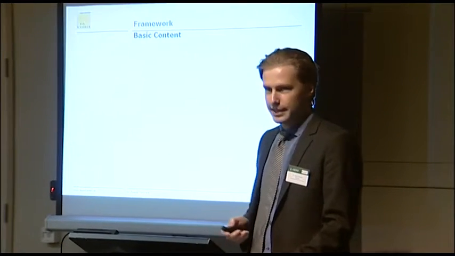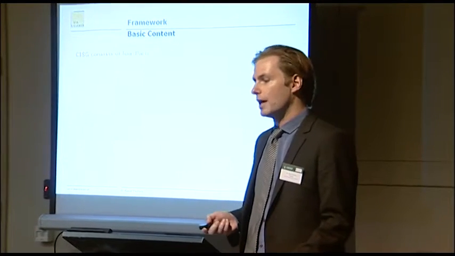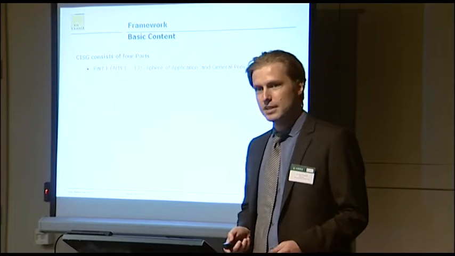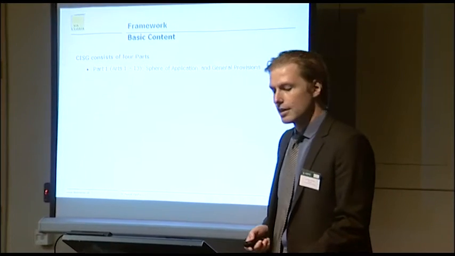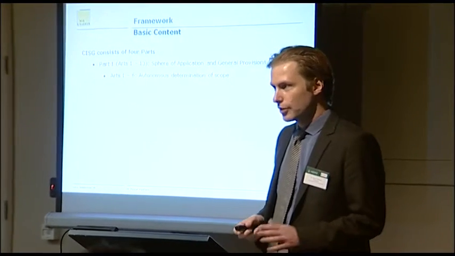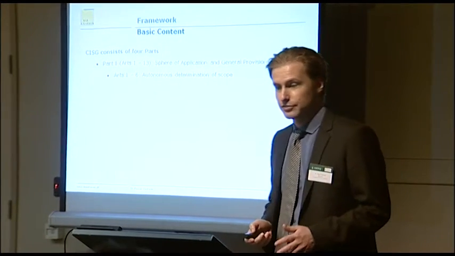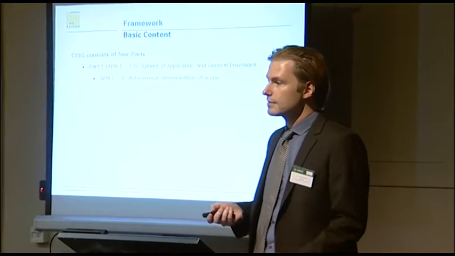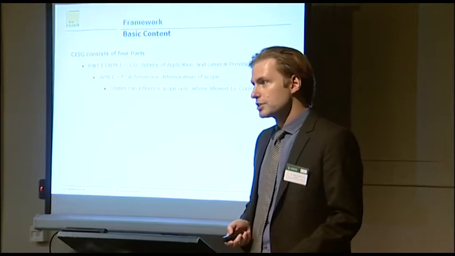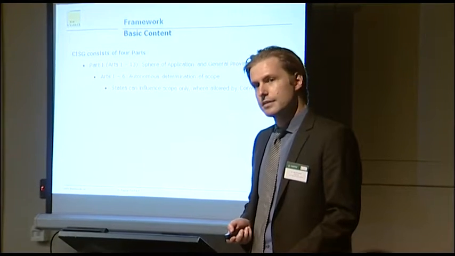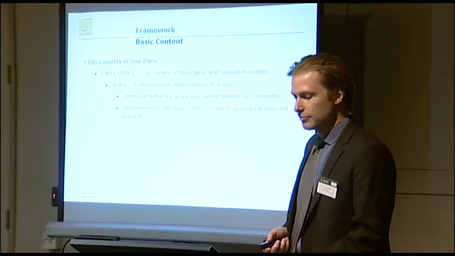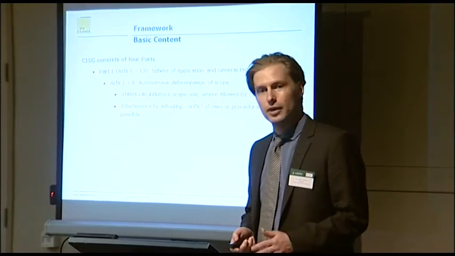Turning to its basic content, the CISG consists of 4 parts. Part 1 in Articles 1 to 13 covers the sphere of application and contains some general provisions of the CISG, which in detail means Articles 1 to 6 autonomously determine the sphere of application of the convention. This means that the states can influence the scope of the convention only where the convention specifically allows this. It is therefore not possible for states to interfere with the sphere of application, for example, by adjusting conflict of laws or any procedural rules.